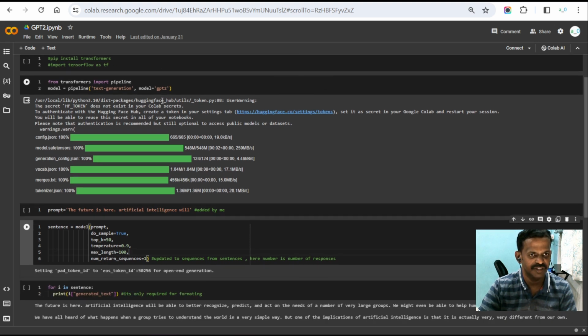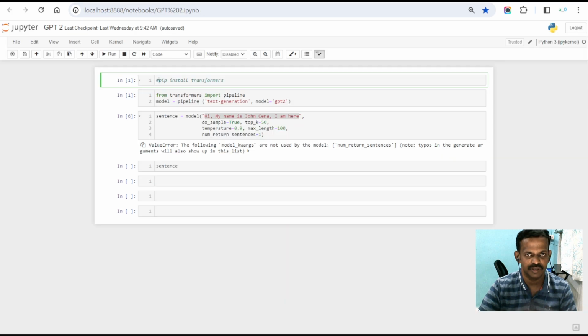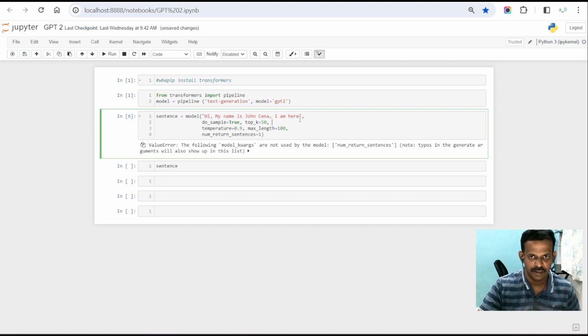Then for Jupyter Notebook I will update the prompt here. Let's ask about GPT as well: evolution of GPT 2 to 4,